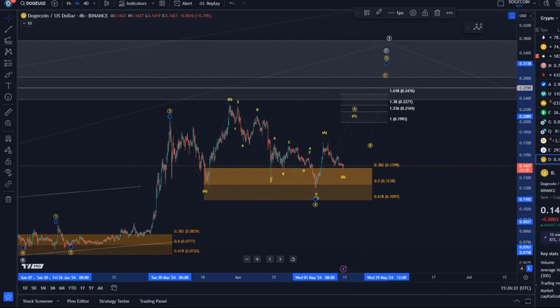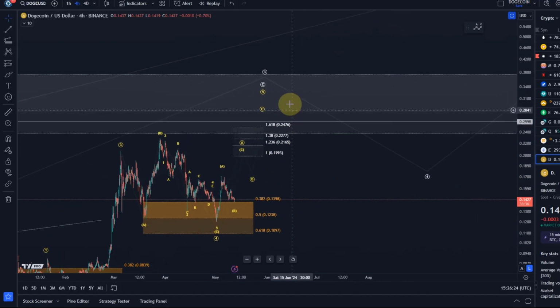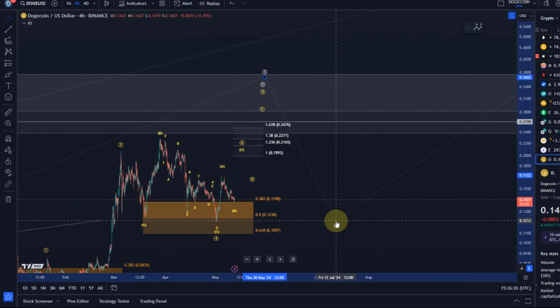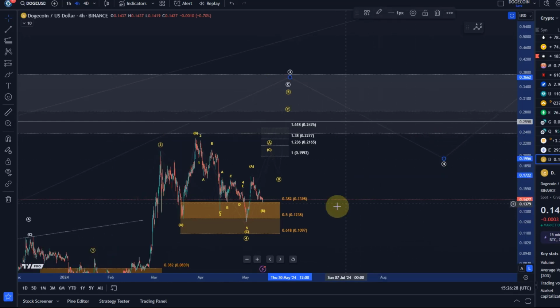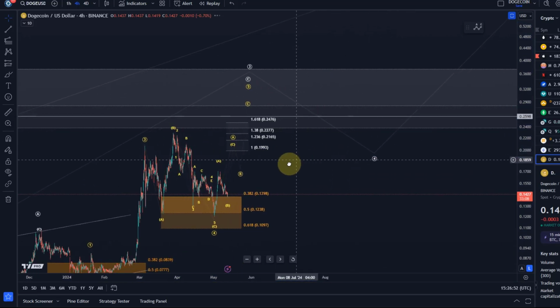For example, I would then have to assume that possibly this larger degree 3rd wave already topped. Maybe this is the larger degree 4th wave already. Again, it wouldn't necessarily be bearish, but it would certainly challenge this viewpoint. I mean, this support area did work quite a few times. We had several reactions, several opportunities to get positioned and then take profits in the rally. So it's been working for a while, but it's about time that the market starts a rally from here. And so far we haven't seen that yet.